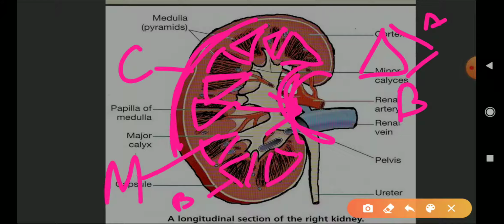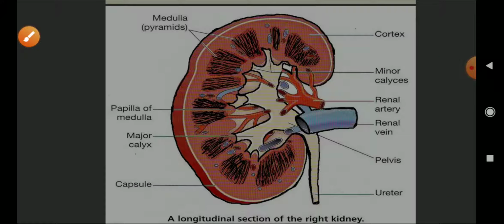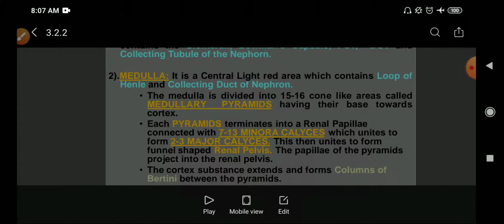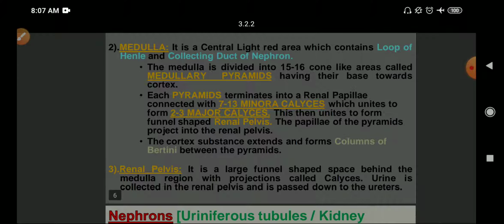They will be asking you the 1 mark question related to the characteristics of renal pyramid. The characteristic of renal pyramid is that the base is lying towards the cortex and the apex is lying towards the hilus. You have to be very careful with such things, because they might not be given in the textbook, but these are the general things you need to know for the objective type questions likely to be asked in board examination. So medulla contains renal pyramids, the base is towards the cortex, while the apex is towards the hilus. Each pyramid terminates into a renal papilla.